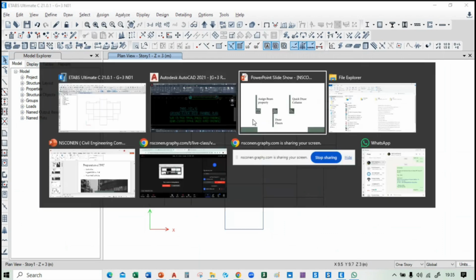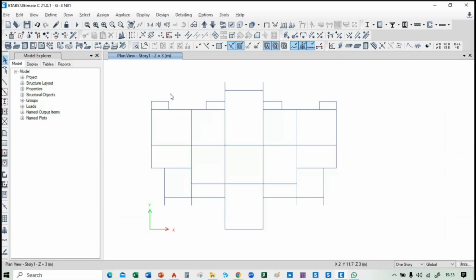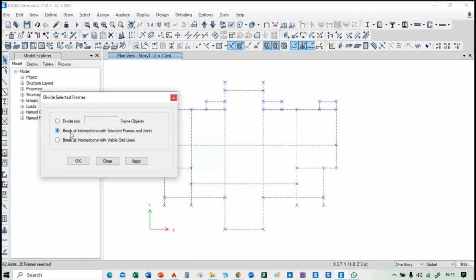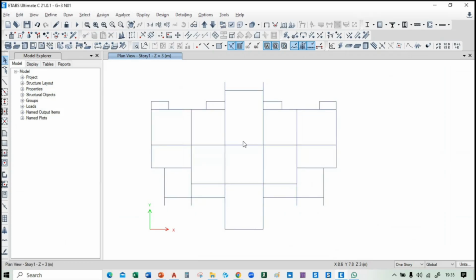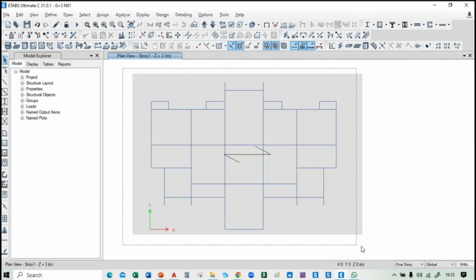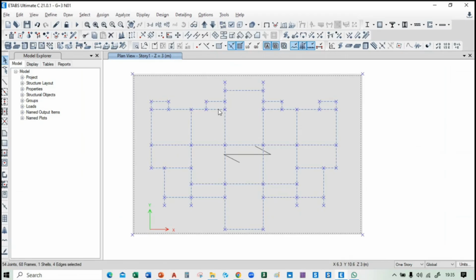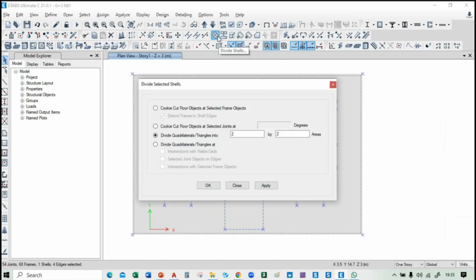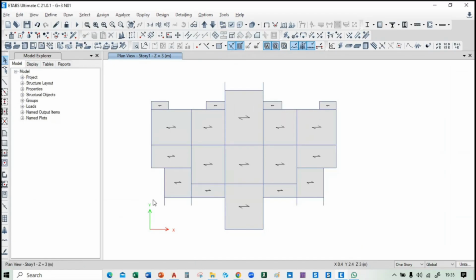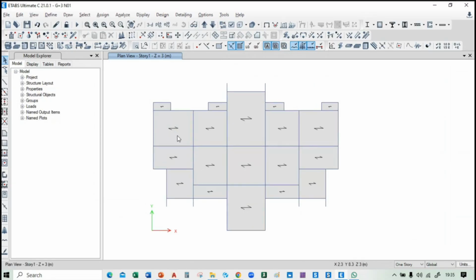Okay, and so now we will draw the floors. To draw the floors, you have to select all the beams, go to divide frames, break all the frames at the joints, and click apply and OK. And now to draw the floors, you have to take draw rectangular floor, and draw one rectangular slab here, select all the slabs and the beams, go to divide shell, click the cookie cut and untick extend frame, and apply. You can see all the slabs are automatically placed in ETABS,